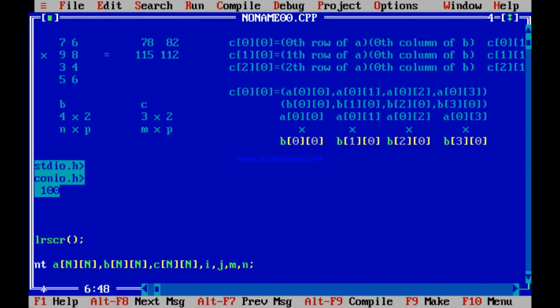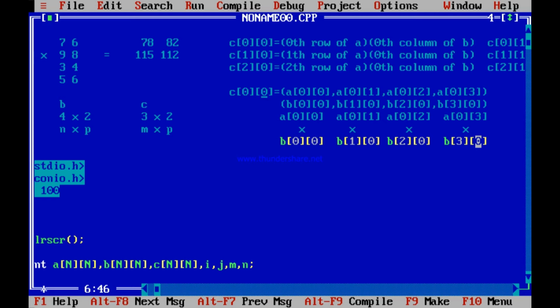Because this is C00, if this is 00, then this is always 0, A0, A0, A0 and A0. It is this 0. Is not so? And this is 0. So this is B00. This is 0. This is 0. This is 0. This is 0. So because it is the row number of C and column number of C must match with row number of A and column number of B always.